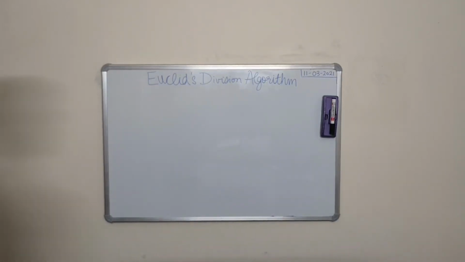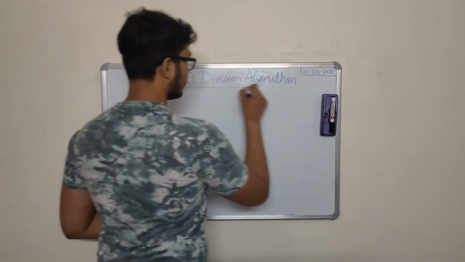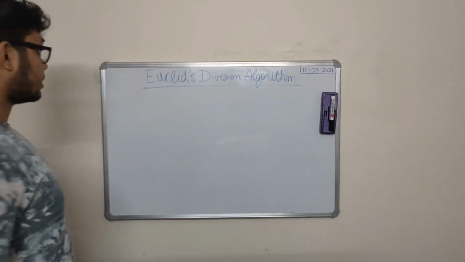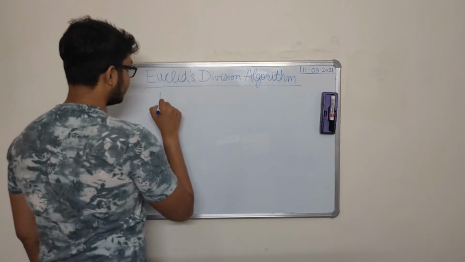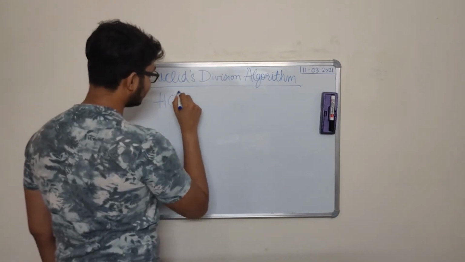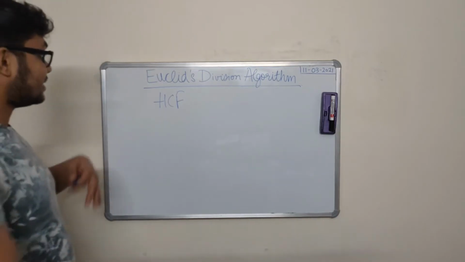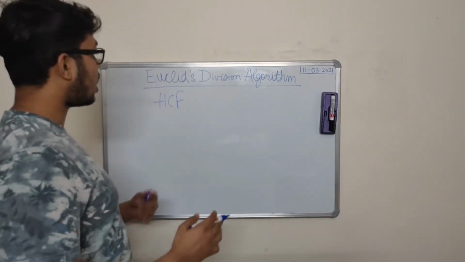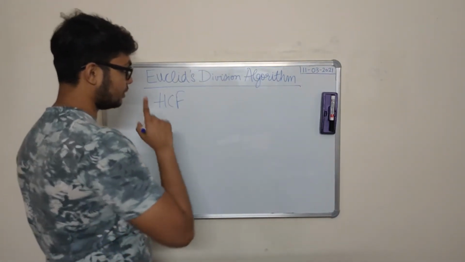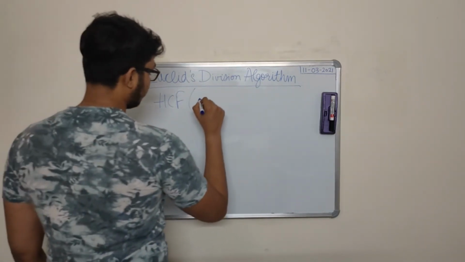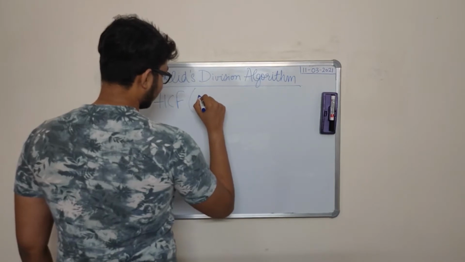Let's see how Euclid's division algorithm works. Euclid's division algorithm can be used to find the HCF of a number. So let's work through how this algorithm actually works. Let us take an example of, let's say, a number